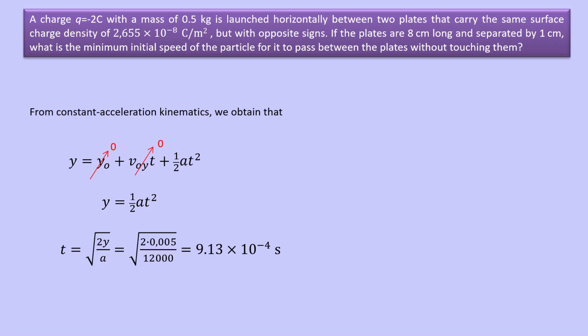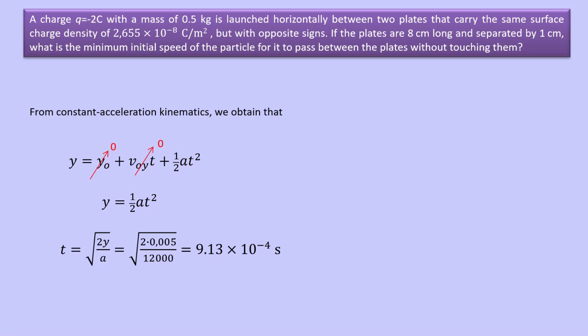The particle has just over 9/10,000ths of a second before it hits that bottom plate. In that tiny fraction of a moment, less time than it takes you to blink, it has to travel the full 8 centimeter horizontal length of the plates. Any slower, and it's game over. That's it. The combination of the strong acceleration and the very small distance dictates this incredibly short flight time. Wow. So in that tiny window, that fraction of a millisecond, it has to travel the full 8 centimeters